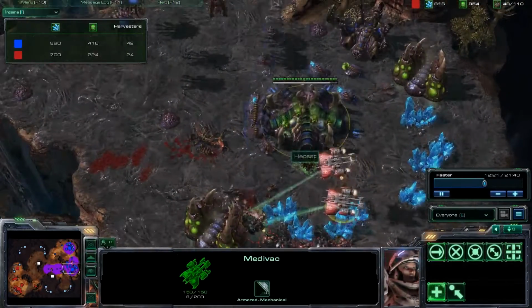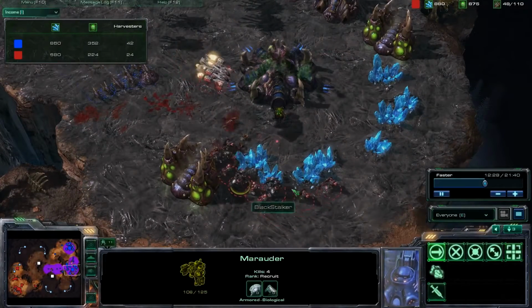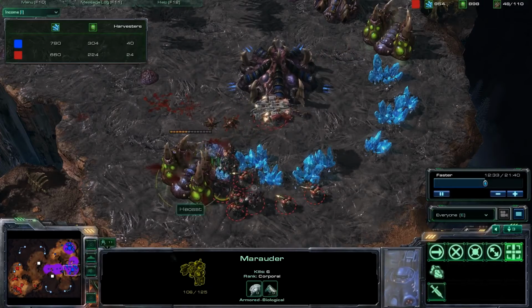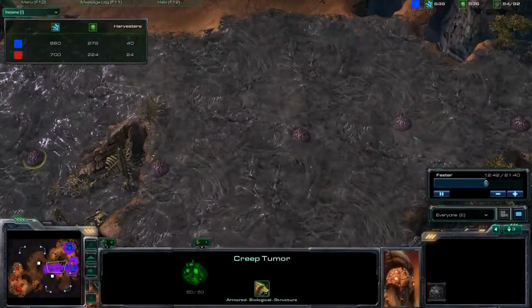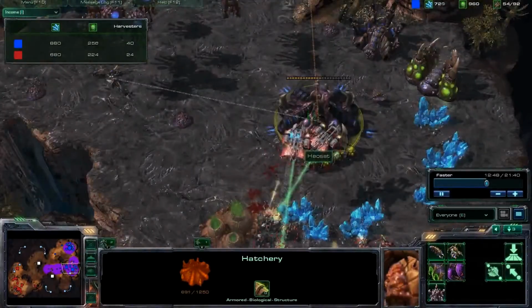Look, they're so low on energy, they've been healing like crazy, and once again, good positioning here by Blackstalker, going to get behind these minerals to make it very difficult for these Zerglings. Look at the Zerglings, they run around like idiots when they are stuck in a corner like that. And I do want to mention that Heosat, he is setting up a creep highway, which is very good. It is going to allow him to do very quick counterattacks and stuff like that. And now